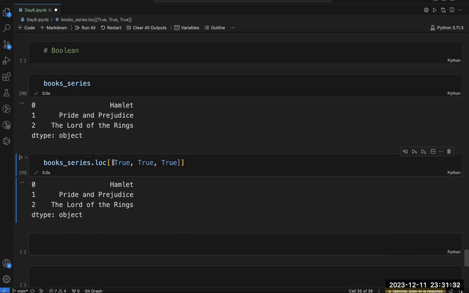When it is accessing the zeroth level, this True refers to that level, the zero index. This is referring to 1, this is referring to 2. Let me explain you with the help of the pen. Let me open my pen here.